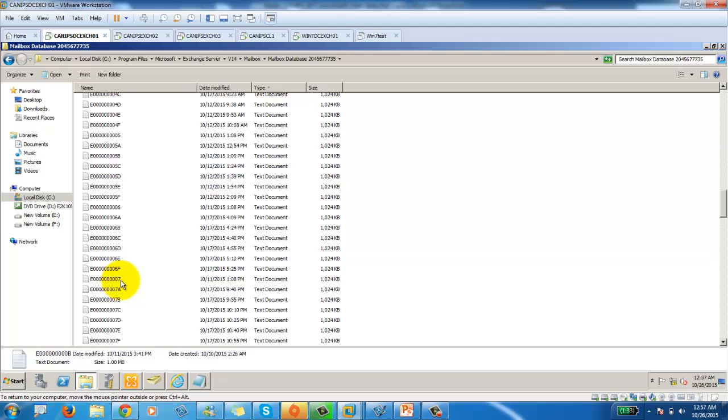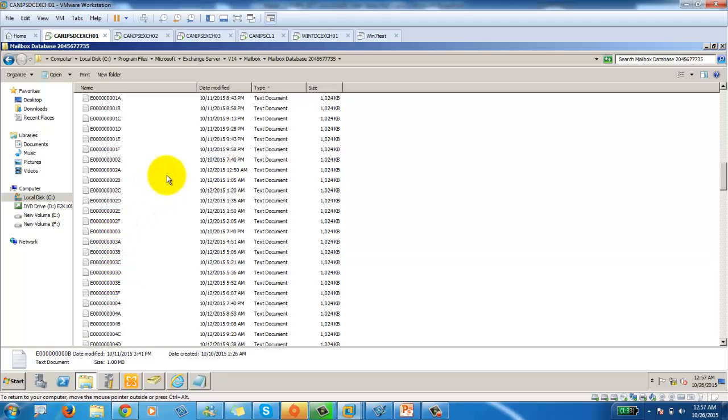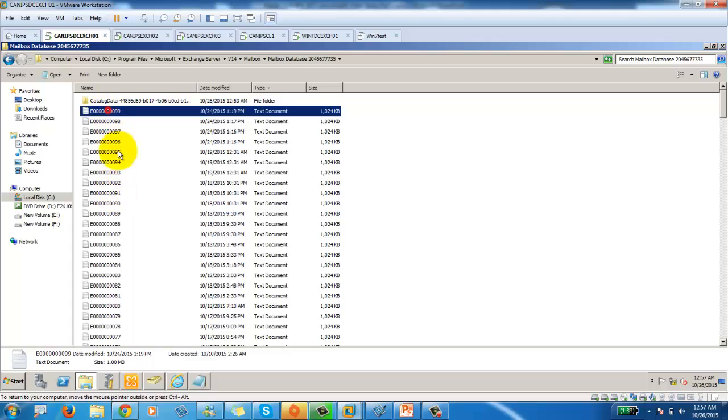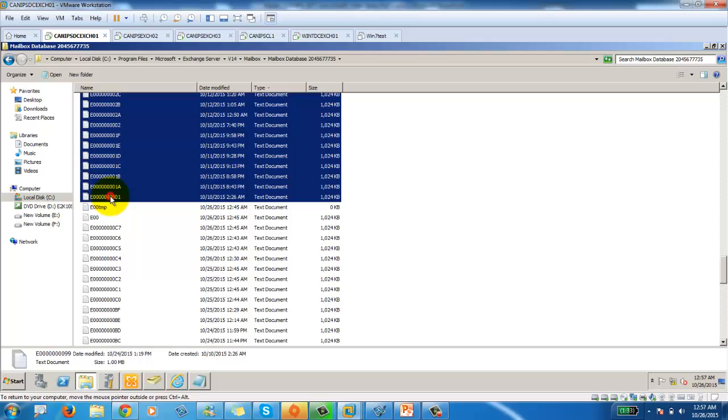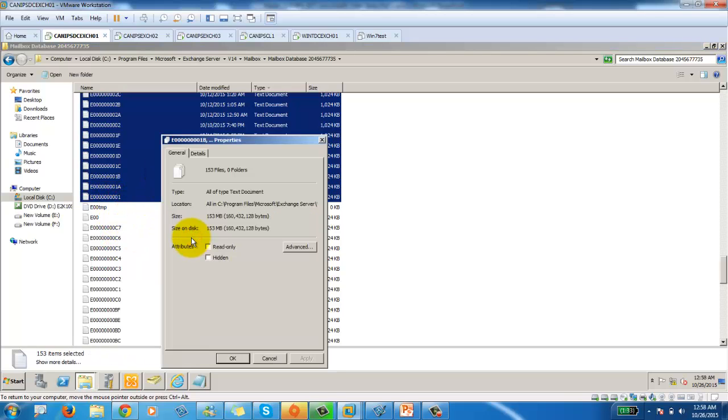Now, for one thing, it is taking up space on your disk as well. Let's see how much space these transaction log files have taken so far. I can select this, and it has taken 153 MB